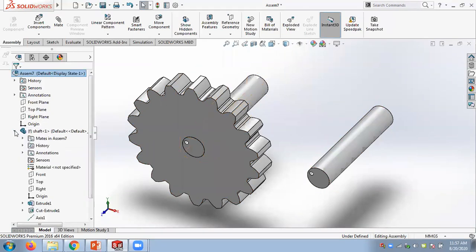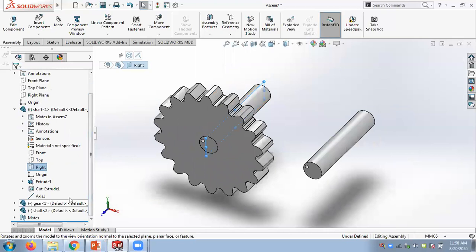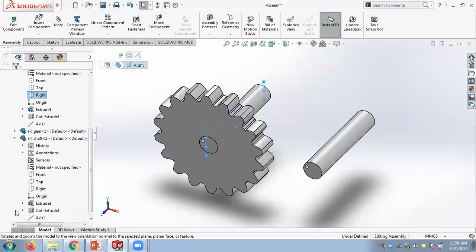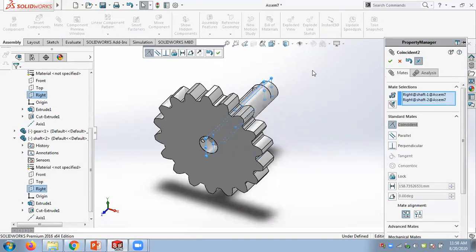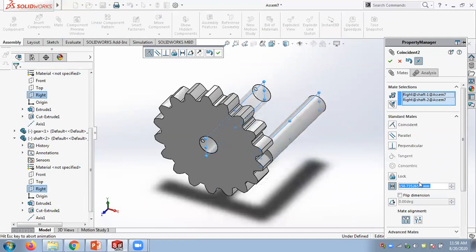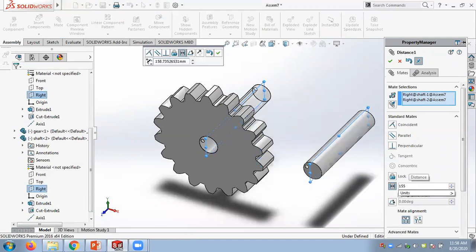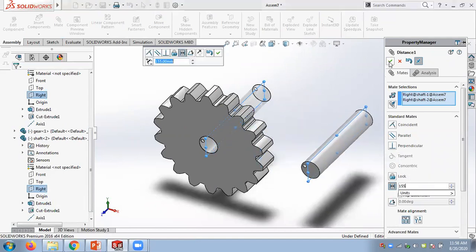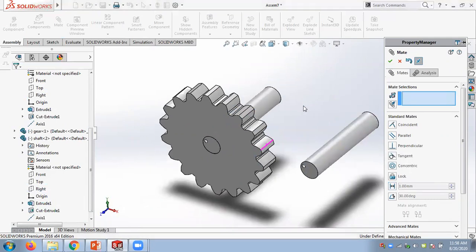The easiest way of having this is to take these two plates, apply a mate, and have the gap 155. This is without any tolerances; I'm giving the exact value. Then we can have